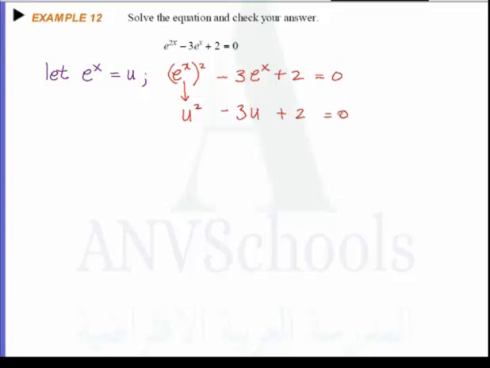Notice that our new equation is now similar to a quadratic equation, or an equation in quadratic form. Therefore, we could use some techniques of solving, like factoring or the quadratic formula. In this case, I want to use factoring. If I factor this quadratic form, I should be able to get u minus 2 and u minus 1. And then equating each of the individual factors to 0,